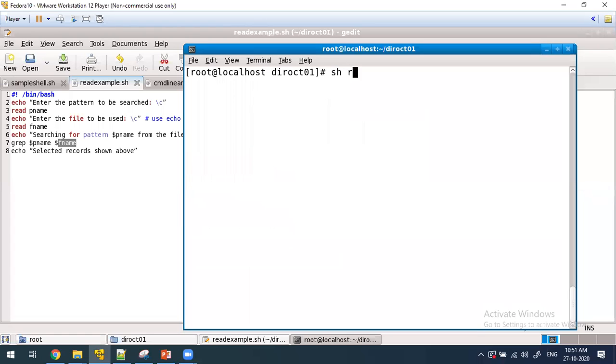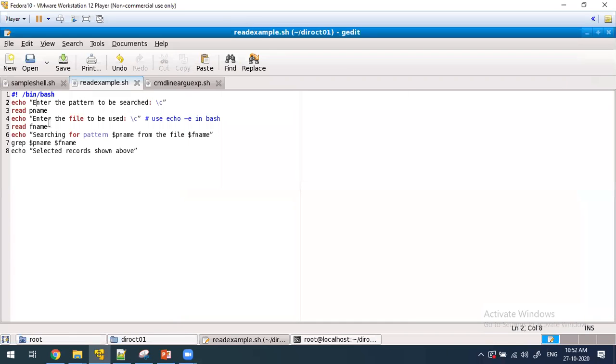sh read example.sh. Now when I press enter, it will ask the user for input: enter the pattern to be searched. You have to give proper double quotes; if you do, you will see the color of the text in the editor.